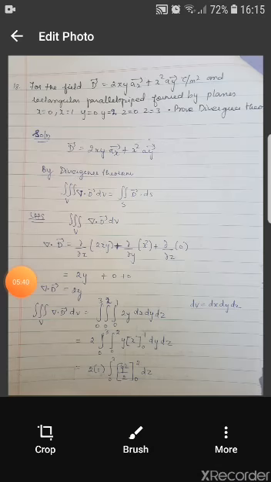And next you are going to integrate with respect to the volume. So the volume integral of del dot D dv is equal to three integrals. One is z, the other one is y, the other one is x. Z from 0 to 3, y from 0 to 2 and x from 0 to 1. Your expression del dot D is 2y dx dy dz. First with respect to dx we are going to integrate, and next with respect to dy, and then with respect to dz.